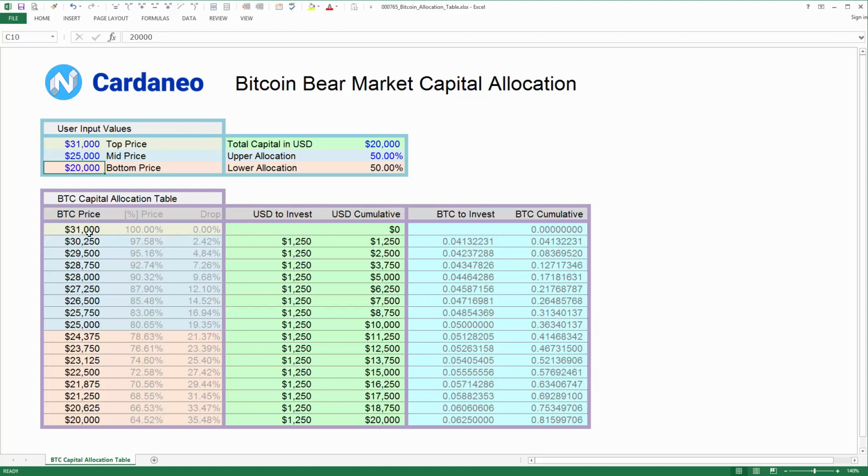So depending on how aggressive you are, so the more aggressive you want to be, these two prices are going to be higher. The more conservative you want to be, these two prices will be lower. Also, this upper allocation will determine how aggressive you are. Again, the more aggressive you are, the more you will allocate towards this upper band of the prices. So choose how aggressive you want to be and pick the proper allocation that suits your investing appetite.